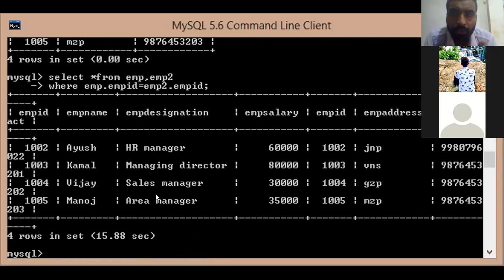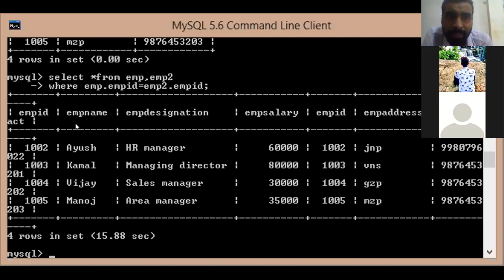So in this, what did you find? That it has compared both the fields, that is EMP ID of first table and EMP ID of second table. And then it has found the EMP ID as same. So what it has done, it has only combined the columns of second table. It has not combined the rows. Rows it has found common. The rows are common. So it has taken the rows as common plus columns it has combined.